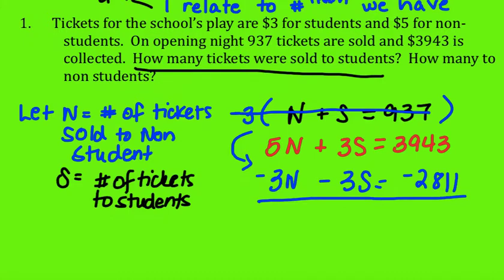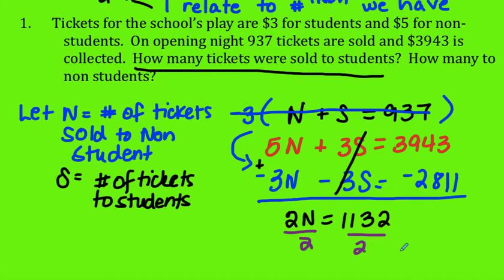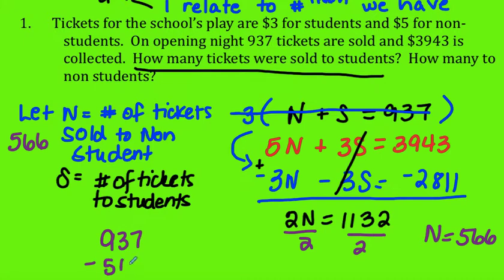And now with elimination, we add the equations together and one variable gets eliminated. So I can see those are going to get eliminated. We're going to get 2n equals 1132. And then when I divide by 2, I get that n was equal to 566. So that means that 566 non-student tickets were sold. Well, if 937 total tickets were sold, then 937 minus 566, which gives me 371, is the number of tickets